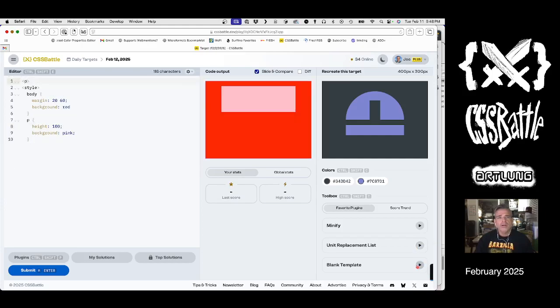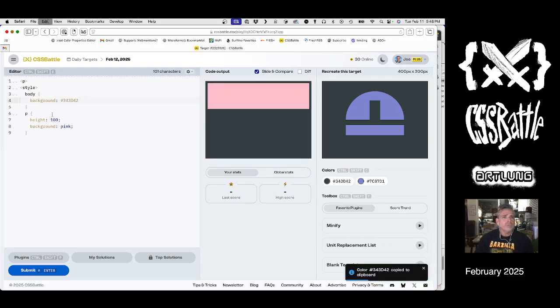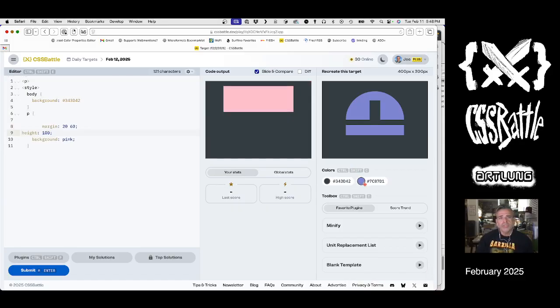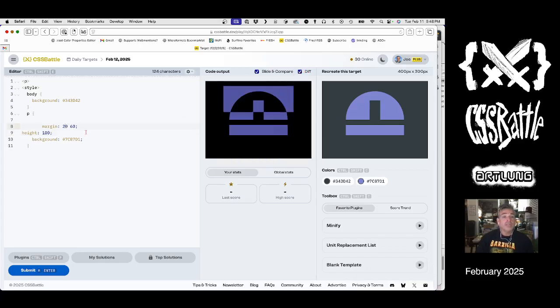So I think we are going to use an element. Let's go ahead and put the margins on the paragraph tag. To start with, we'll put that bluish color on the background of the paragraph tag. Set our margins to narrow in precisely. And then if we can do a conic,